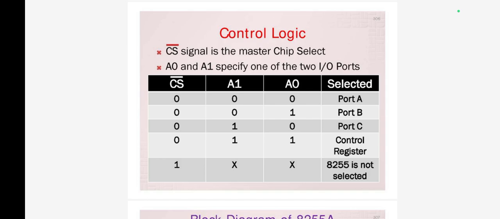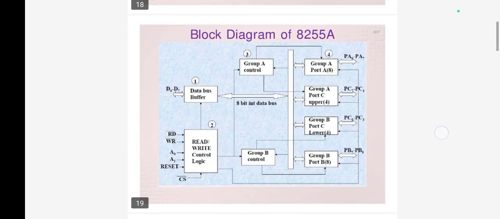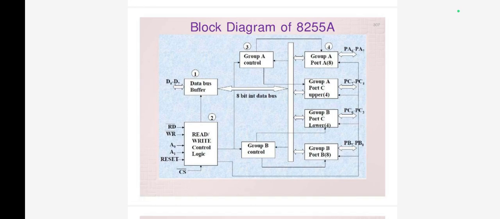For example, if the combination of A0 and A1 is 0, 0, then port A is selected. If it is 0, 1, port B is selected. 1, 0, port C is selected. If it is 1, 1, control register is selected. As I already told, if the chip select is 1, then regardless of the A0 and A1 state, 8255 is not selected. And the diagram shows the block diagram of 8255A, which consists of data bus buffer, read write